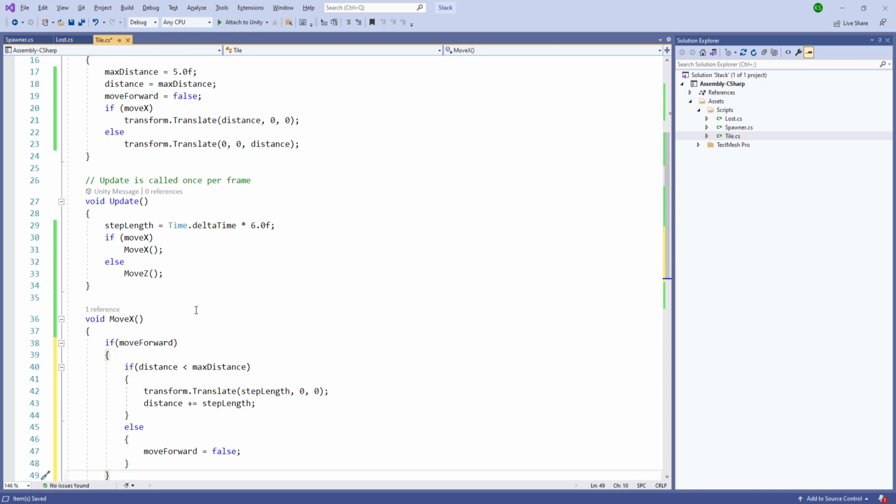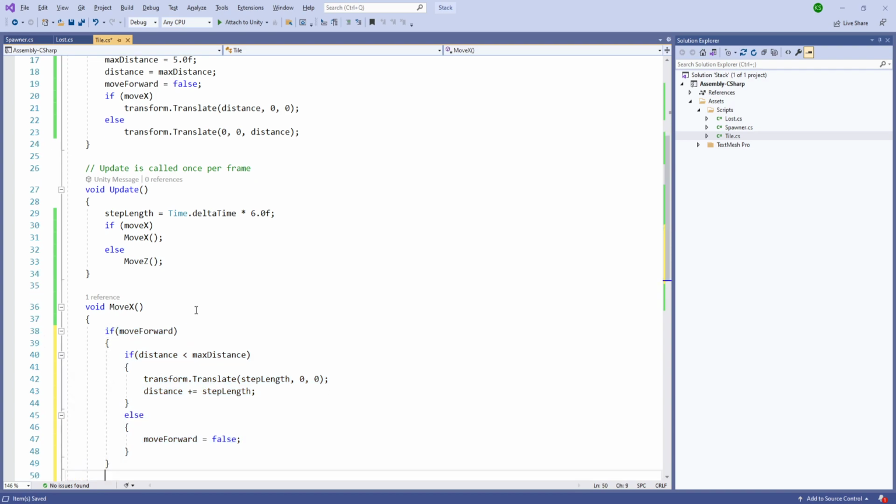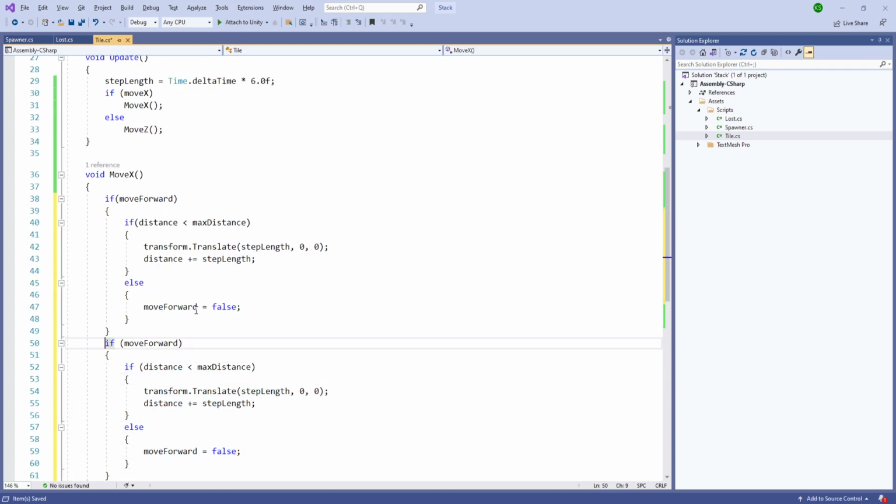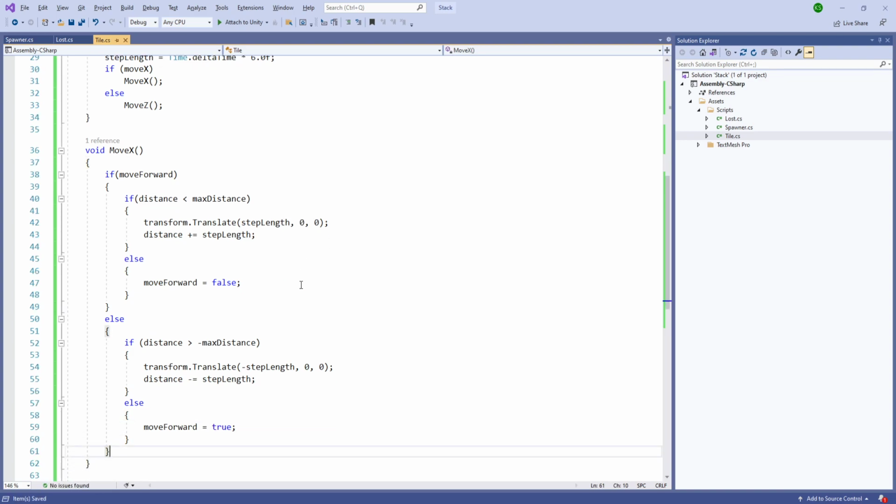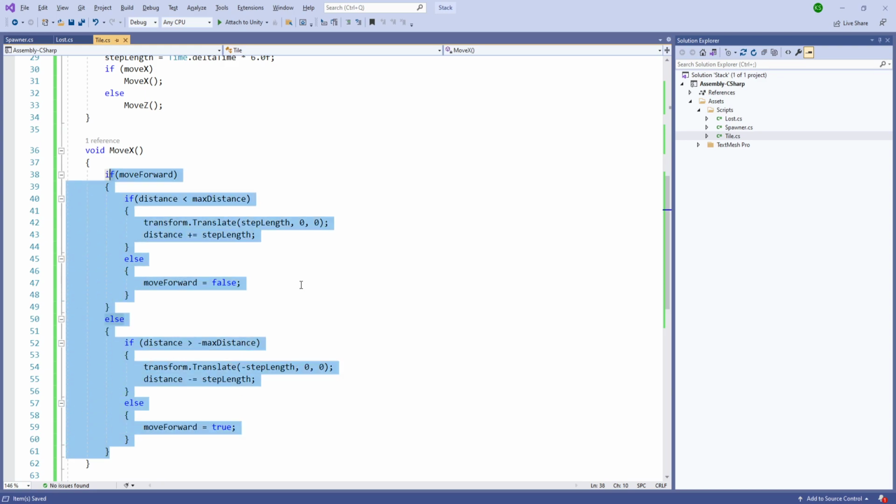So let's copy this, and instead of if move forward, just have it as an else. Here we are going to check if distance is greater than negative of maximum distance and negative step length. And similarly, at the end, move forwards going to have the move x. Copy this code here,